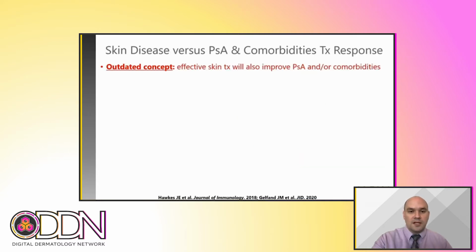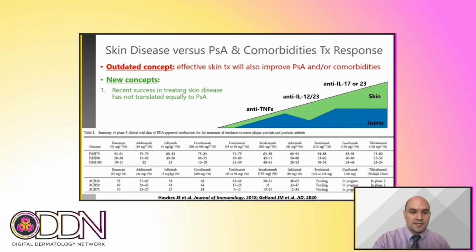The other outdated concept is this idea that effective skin treatment will definitely improve psoriatic arthritis and comorbidities, such as cardiovascular disease. The new concept here is that recent success in treating skin disease hasn't really translated the same way in the joints as it has in the skin. And this is highlighted in this table here. When we look at the measures of skin improvement versus joint improvement, and also in the figure highlighting what's in